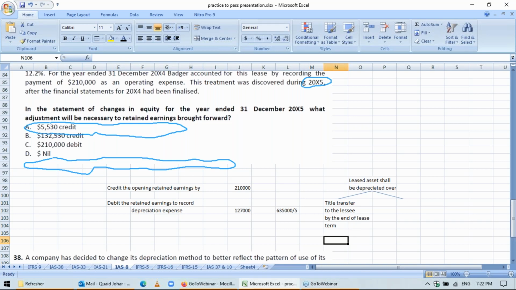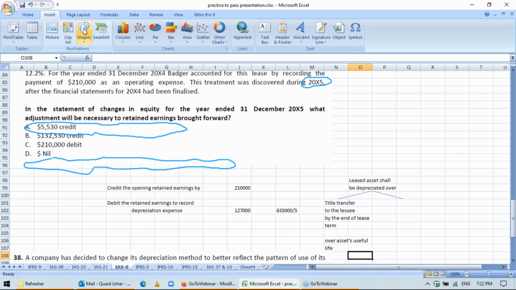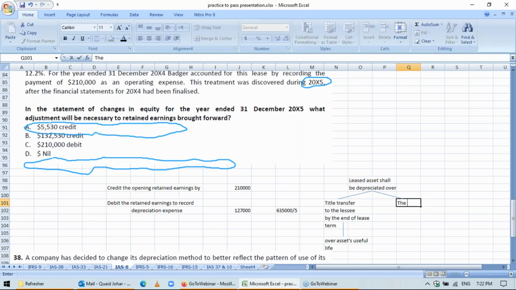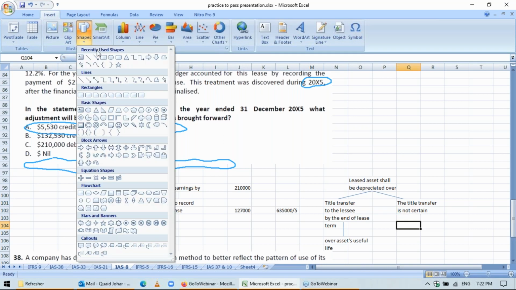you will record depreciation over the asset's useful life, because the title will transfer to the lessee and the lessee will be able to use the asset for all of its life. Okay. And then if the title transfer is not certain, so in this case the title will transfer. So if the title transfer is not certain, what happens then? How many years? So if title does not transfer,